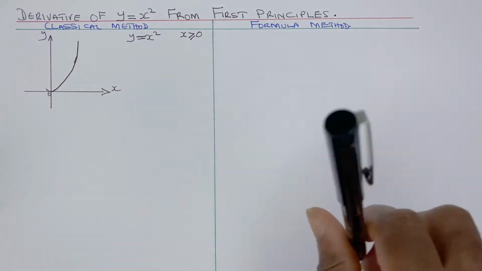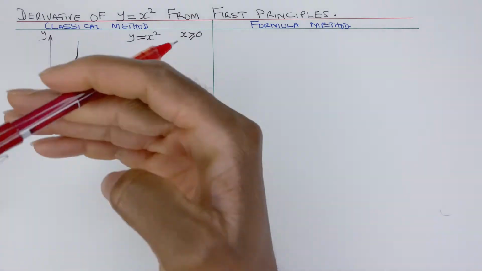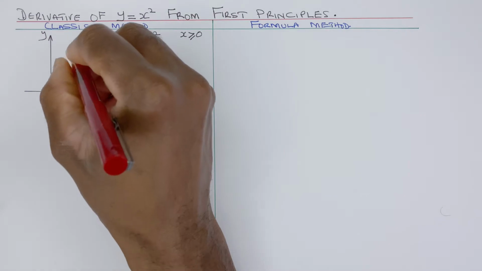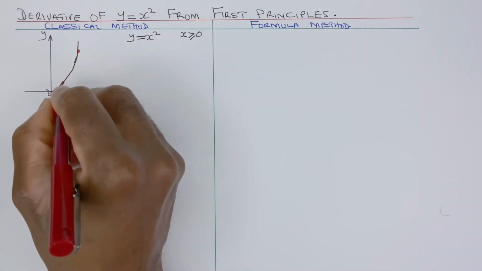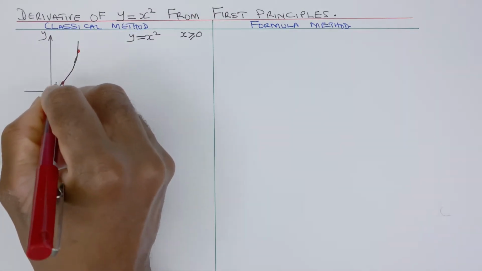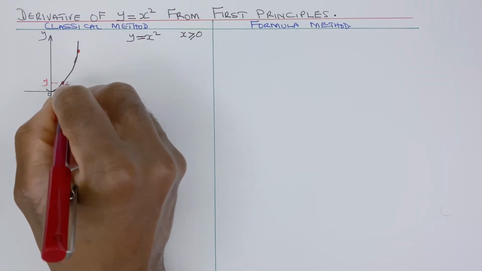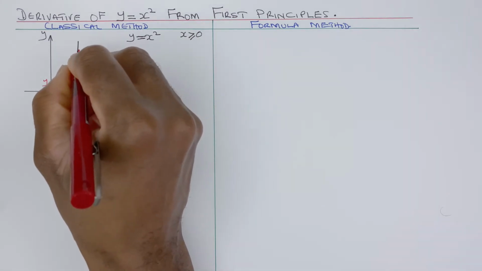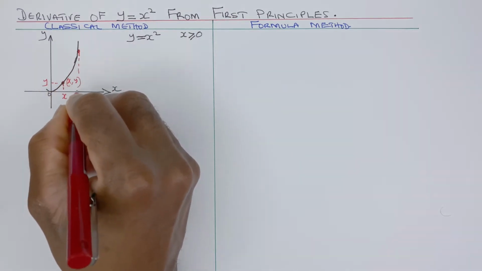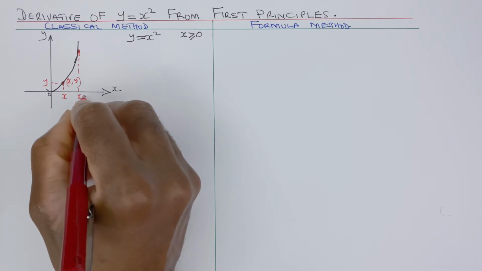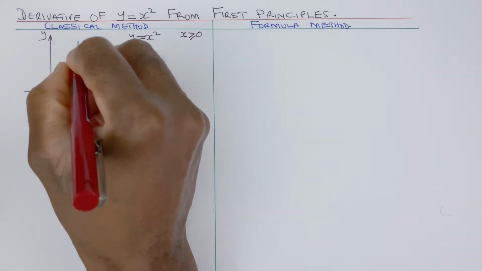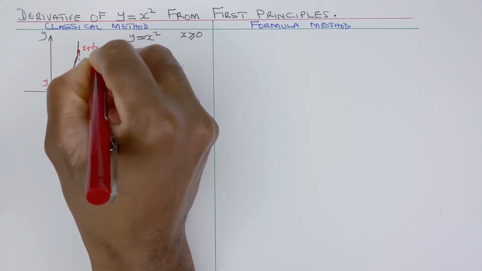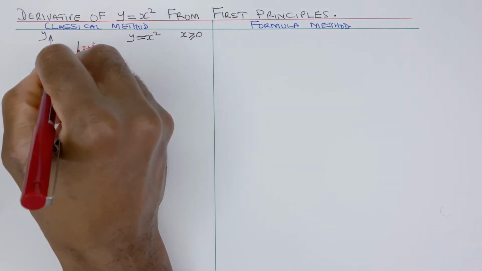So we're going to find the gradient of this curve using the classical method. If I pick these two points, and that point here is x, and this is y, the coordinate here will be x, y. And if I pick that point there and bring it down there, that will be x plus delta x, so the coordinate here will be x plus delta x, comma,